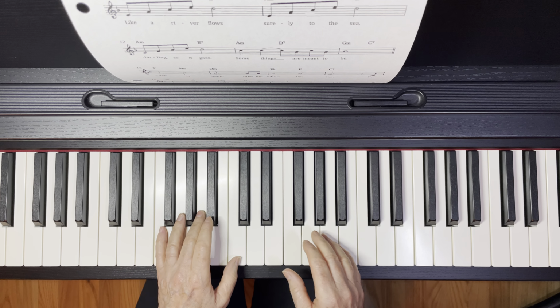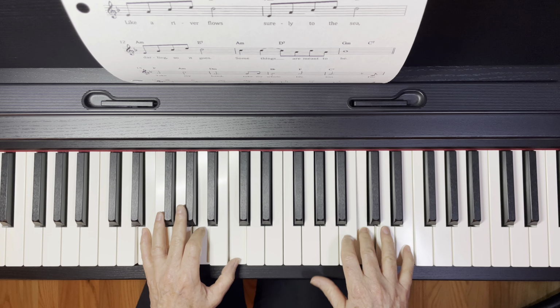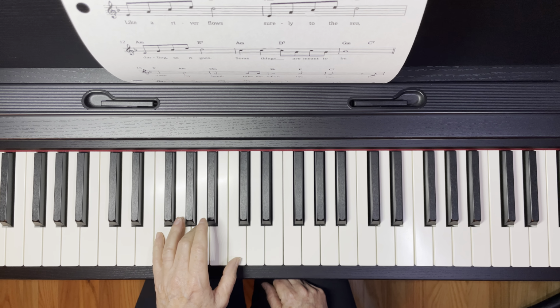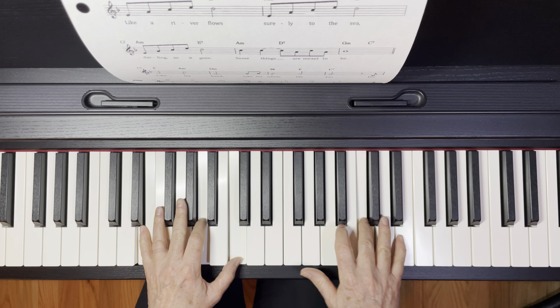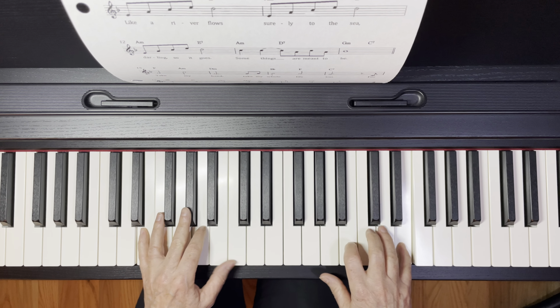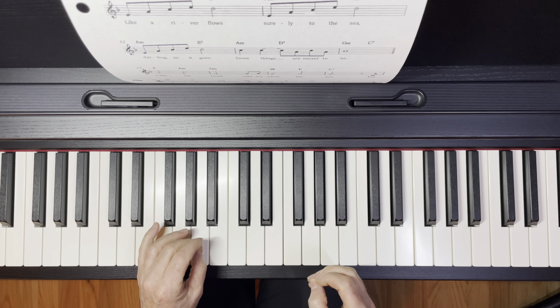Now, let's look at the bridge. So I think we left off before letter B. I think we left off here in root position. And then this middle part is La. So you can experiment now breaking up your left hand into different patterns. So I'm just going to play a little bit. And I want you